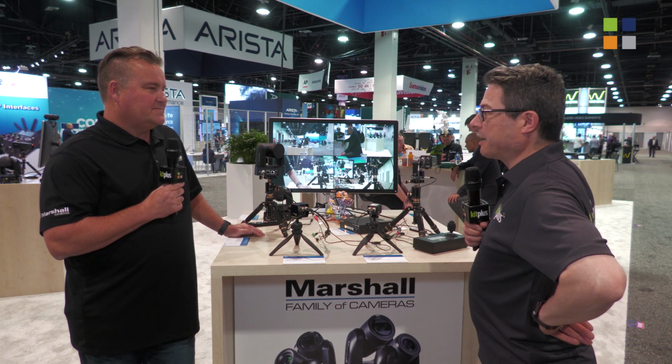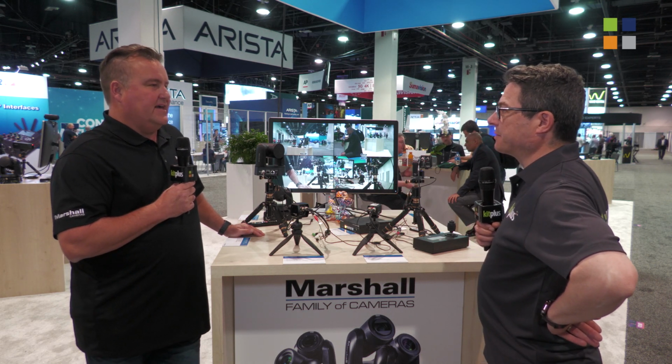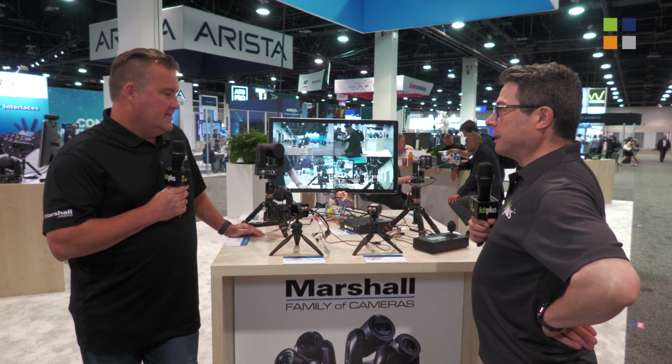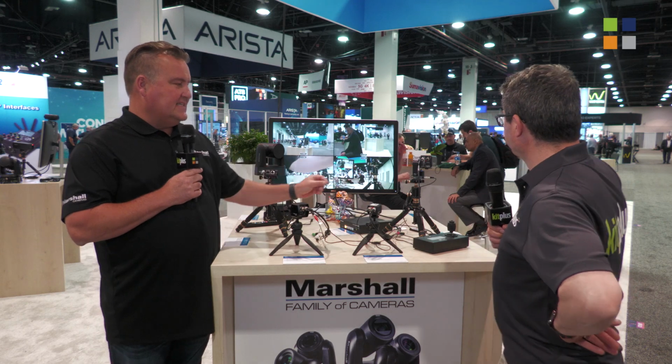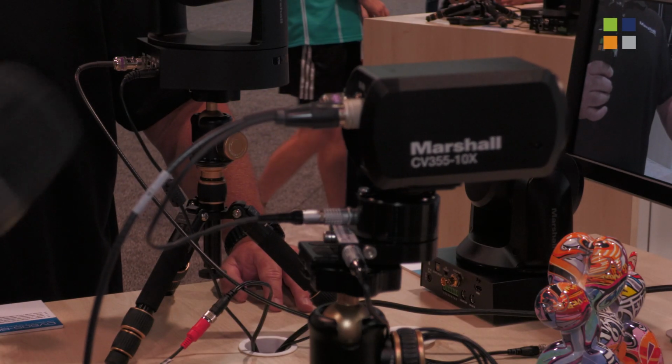And both the same, all same resolutions? All the way up to HD, so 1080p, 60 frames, 1080i, and 720p. Cool. We're also showing our CV PT head that fits any one of our POV